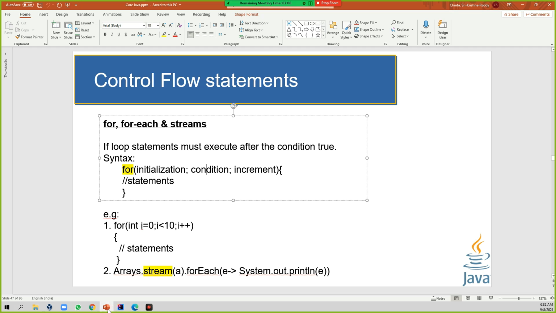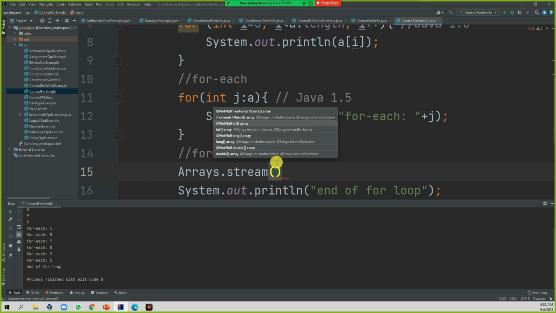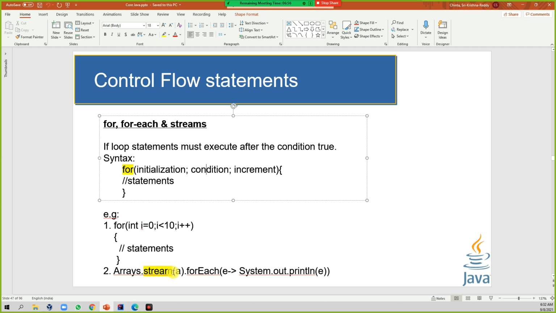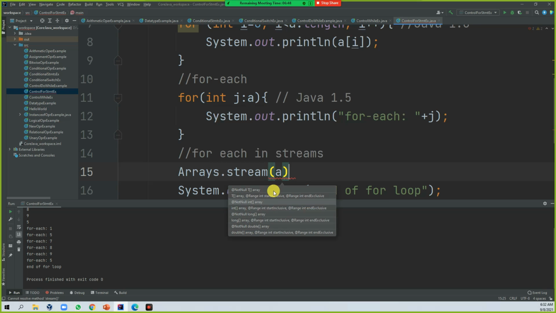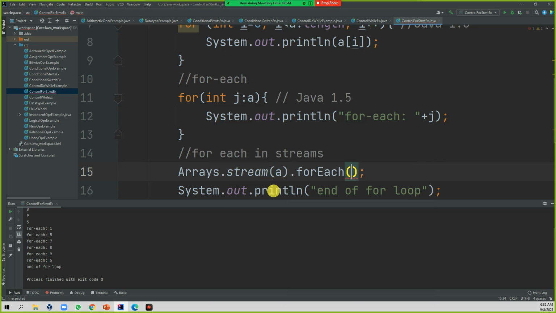Similarly, this is the example I'm going to write. So in this stream, I'm going to use the array. This is array notation. Then for each, then start the printing. Whatever array you have, that is a dot for each,